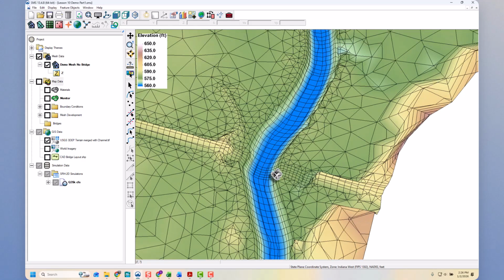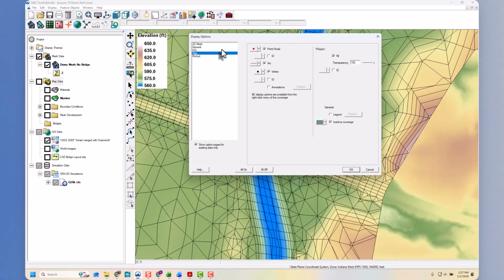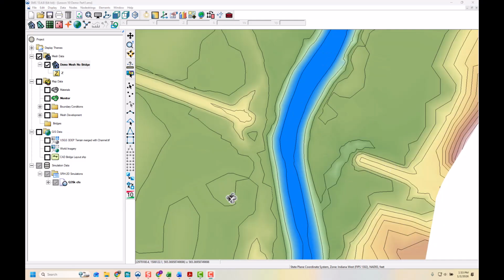What we're going to do in this exercise is not only add a 3D structure to represent the bridge, but we'll also be updating the mesh to include holes to represent each pier location. But it does help to be in plan view. Hold the control key, click on the plan view tool, and then we can actually turn off the elements from our previous mesh. The first step to add a 3D structure is to right-click on map data